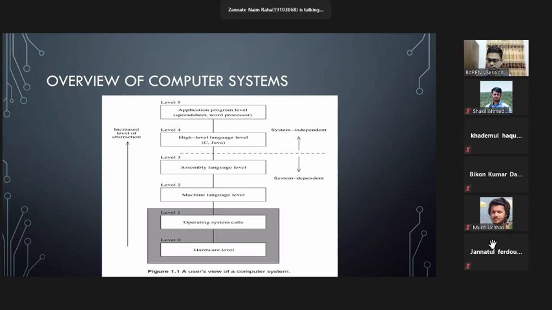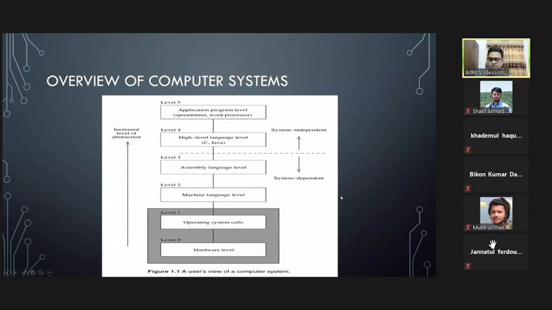Sir, may I? Yeah, sure. Sir, we learned about system dependent. Level 0 to level 3 is basically system dependent. System dependent means whatever we do, it will depend on our current system. And system independent means whatever we do, it will not depend on our current system. It will run the same for every system. And as a hardware level, we learned about hardware level. Why hardware level is system dependent, operating system, machine language, assembly language, and some examples that we learned. Yeah, okay. Good. All right. Thank you.